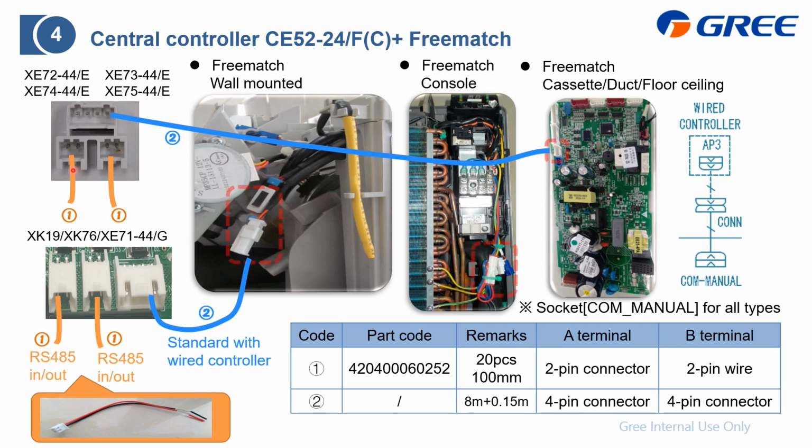As for this number 1, 2-pin socket, it is the Modbus protocol with RS485, either in or out. Here I recommend this wire. Here is the part code. You can find it. This pin is perfect for this socket, so no need to worry about it. As for the other end, it's already peeled out. It's convenient for you to do the wirings.